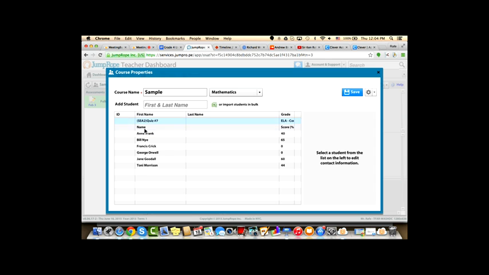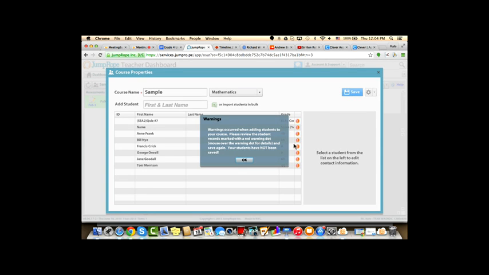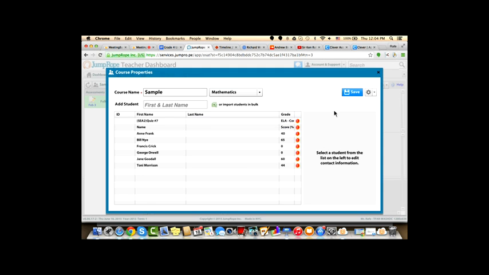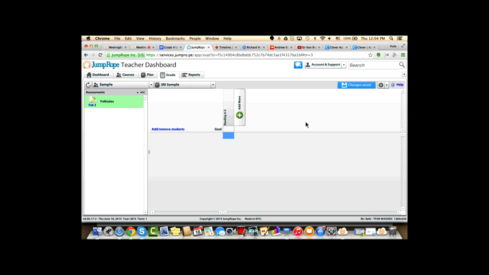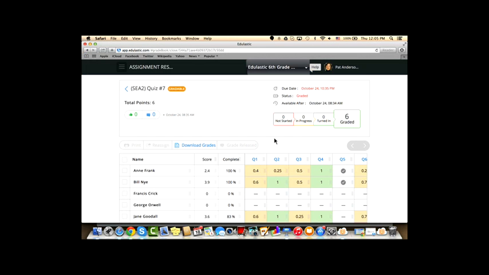Now here we go. We've got our different students, and we've got their scores. And then I'll probably eliminate these two top rows. But now I can save that, and that's now here in my data management system. So it's really nice to be able to translate grades across platforms, and that's one easy way to do that with the download on Edulastic. So jumping back over to my teacher account,